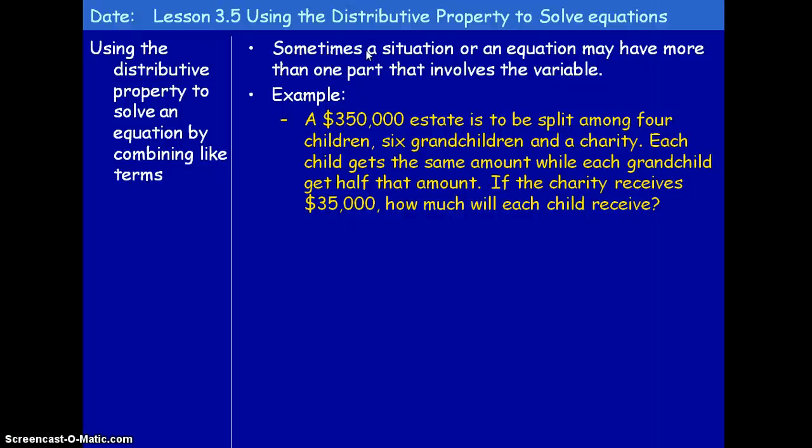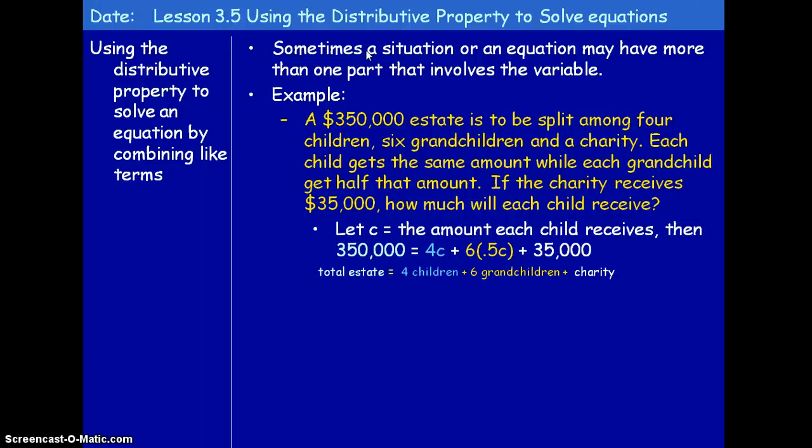After reading this example, we can take a look at setting up an equation that we can solve to help us answer the question. In this case, we might let C be equal to the amount each child receives, which is what the question is asking us. Then we would see the total estate being equal to 4C for the 4 children, plus 6 times 1/2 C, 6 for each of 6 grandchildren, each receiving half of the child's share, plus $35,000 to the